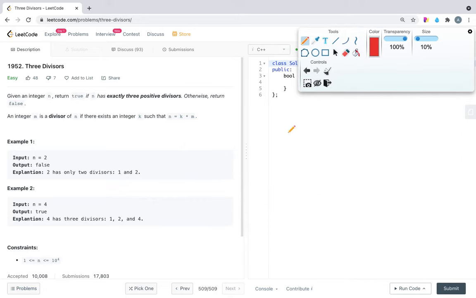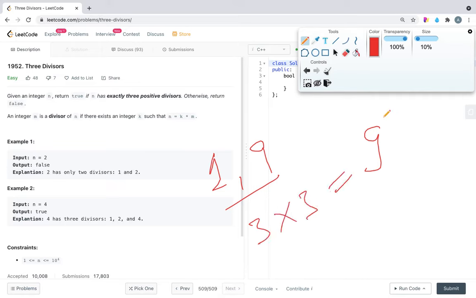For getting one more divisor, that divisor multiplied by itself should be equal to the number. Like if we want to get a divisor of 9, 1 and 9 are already divisors, so we have to find one more divisor. That divisor into divisor should be equal to the number. So that number should be a perfect square.